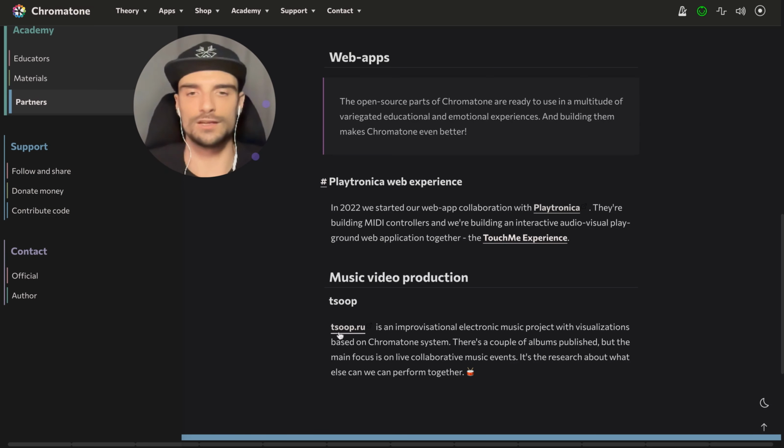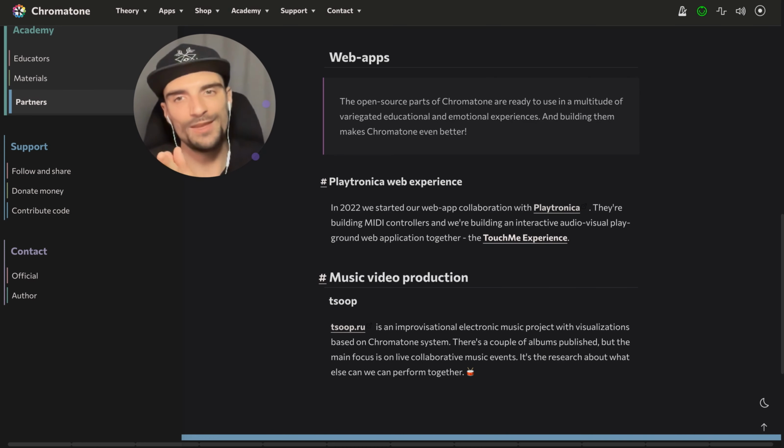So it's the Tsup.ru, the project where I am the conductor maybe, or the